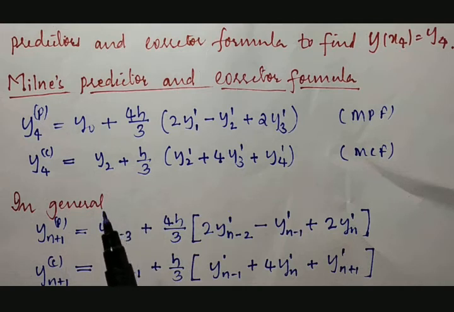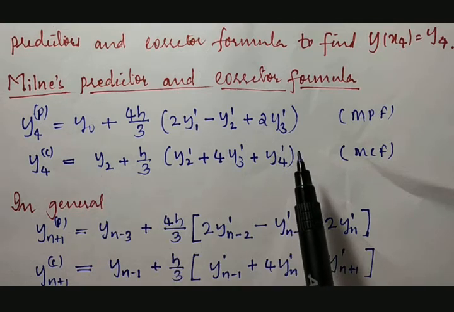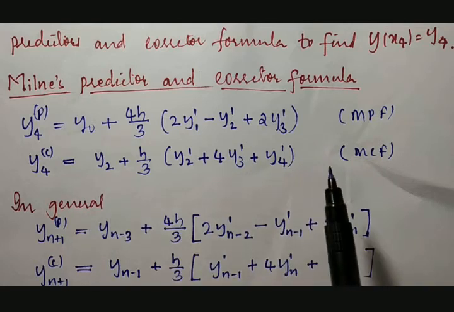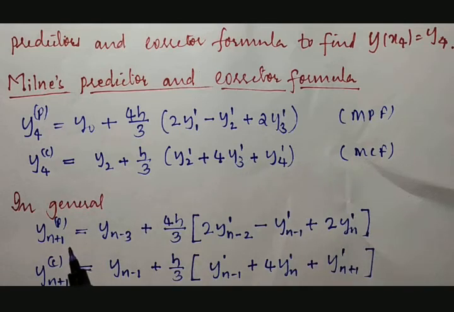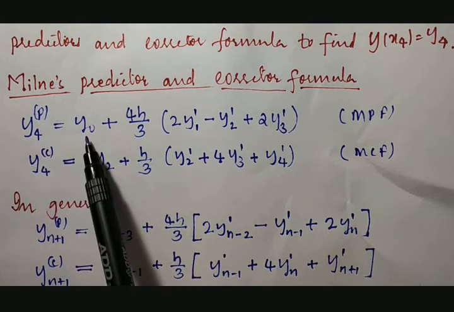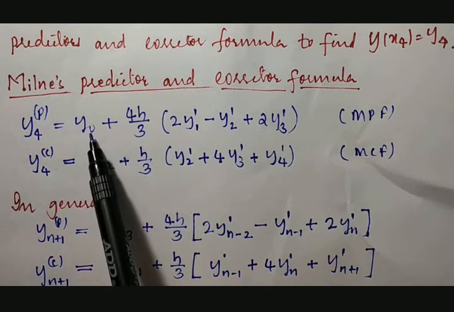the result will be in the neighborhood of the prediction. Suppose if we get the prediction as something like 2.4, then its correction will be somewhere near 2.4 only, plus or minus. The accurate result can be obtained in the neighborhood of 2.4. Fine. So let us see what is the formula. Prediction for y4 is equal to, starts with y0.